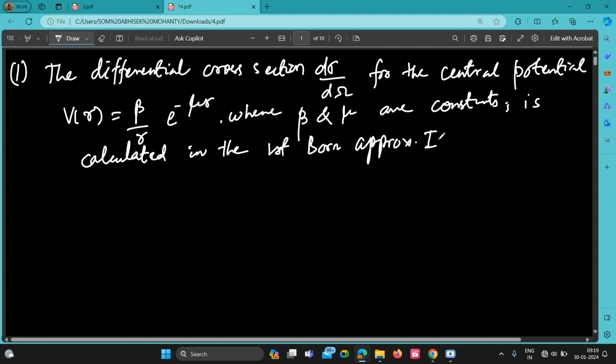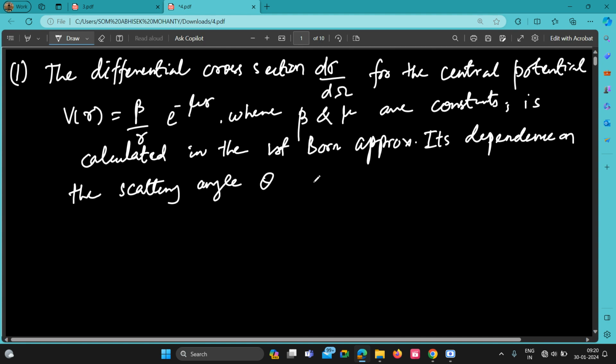Its dependence on the scattering angle θ is proportional to